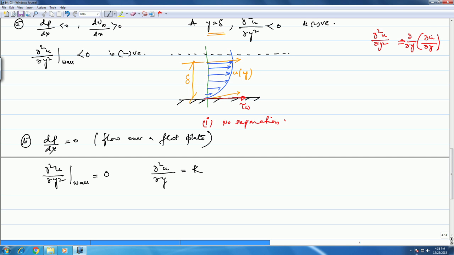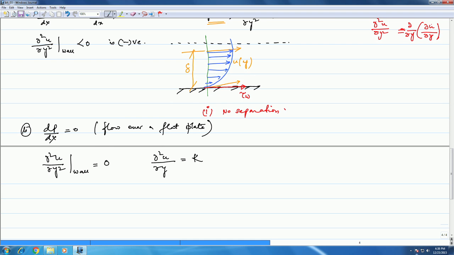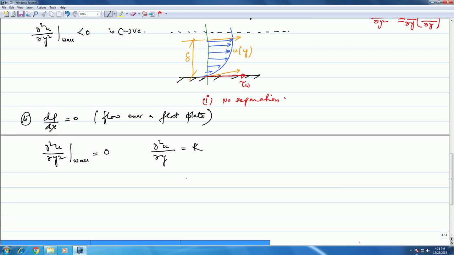So in this particular case, there is a linear growth. What I mean by that is that if I had to draw this again,